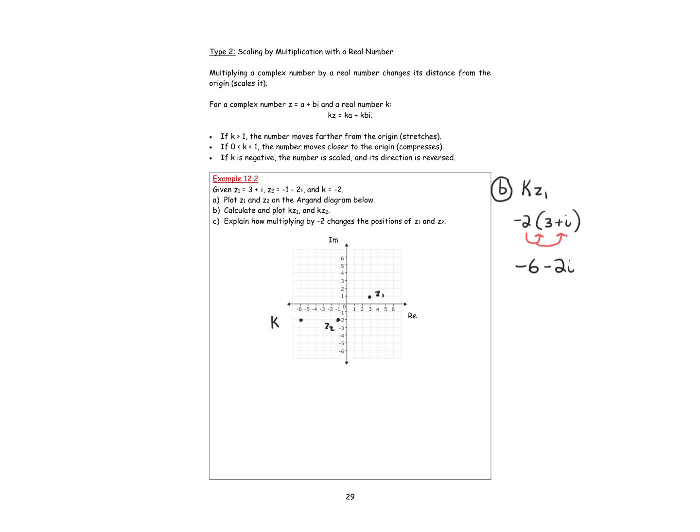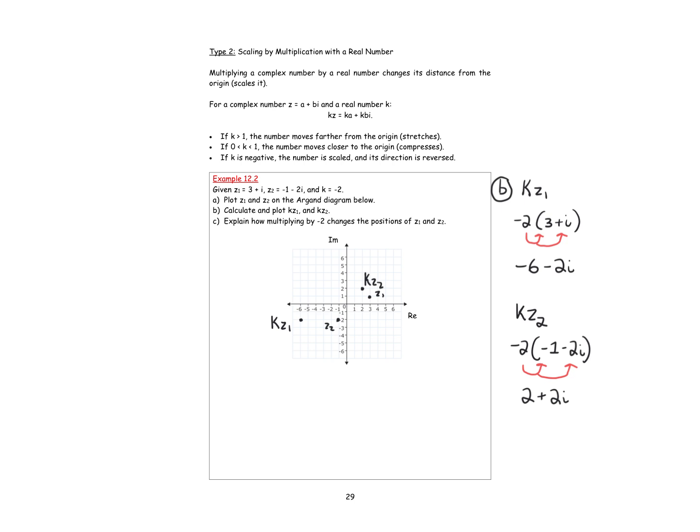So this is k times z1. Next, we have k times z2. k again is negative 2 and z2 is minus 1 minus 2i. Multiplying out the brackets again, negative 2 multiplied by negative 1, negative 2 multiplied by negative 2i. Negative 2 by negative 1 will give us 2, and negative 2 by negative 2i will give us plus 2i. Plotting that on the coordinate plane, we have 2 plus 2i, which is here, and labelling that,